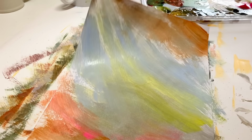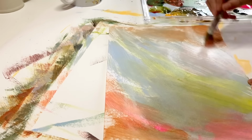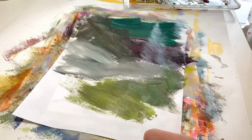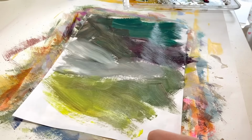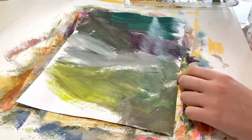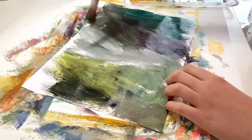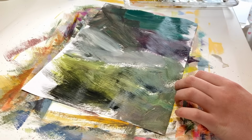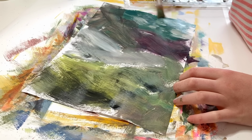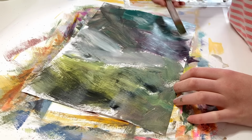And even if you don't like a texture you've made in the moment, you never know, a couple months down the line you might be making a collage where it'll come in really handy and it's the perfect thing you need. If this is your first time collaging and you really want to get into it, I recommend just painting as many as you can and doing every single colour you can think of. I'd say maybe paint at least 40,